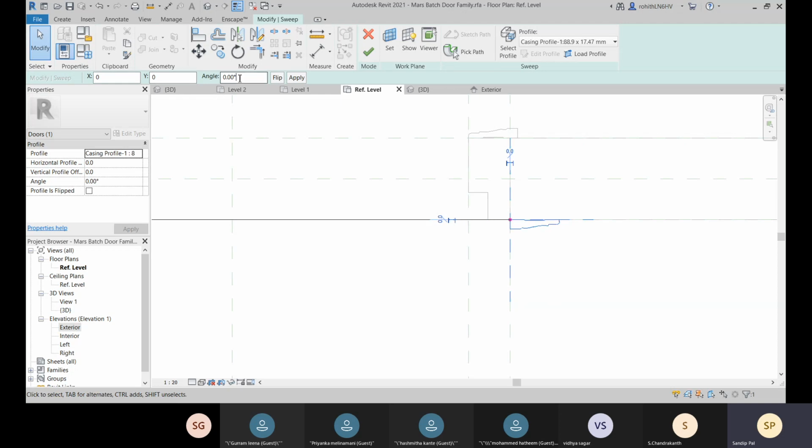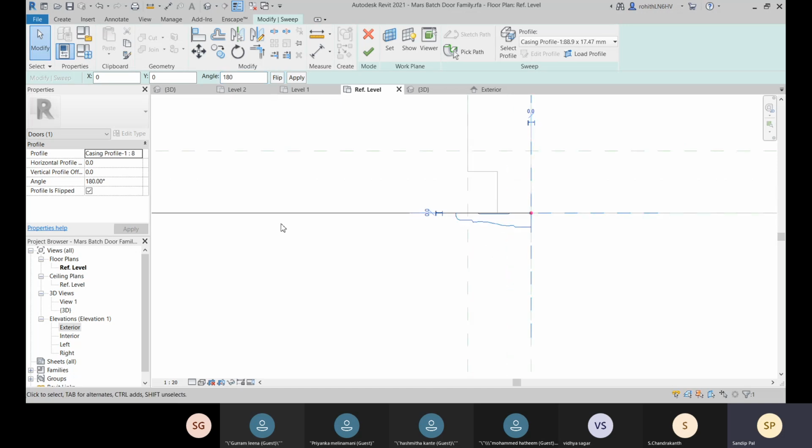We have to mirror it. So with this angle, we will mirror 180 degrees, and now you flip it. All right, and go for this horizontal offset. Let's go for 14. All right, so this is towards this vertical. Now let me go for this vertical offset. Let's go for 14. Yeah.